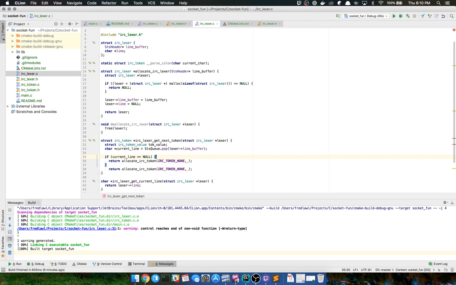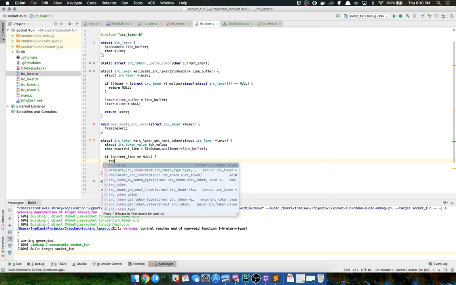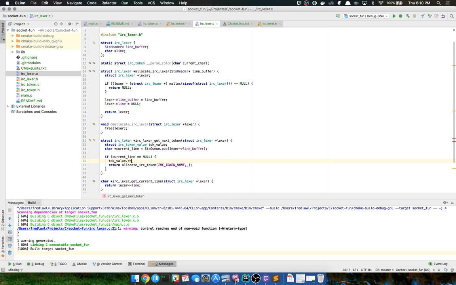So I'm going to go ahead and do that, and toke value dot character. I think that's how that works. Just make it null terminating. Toke value dot character.